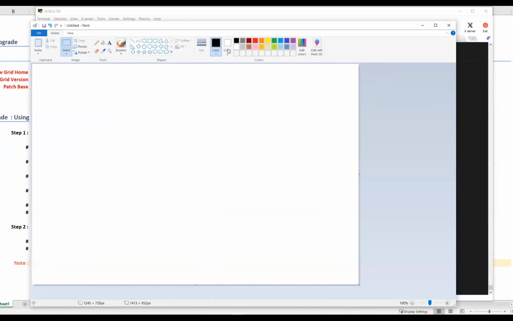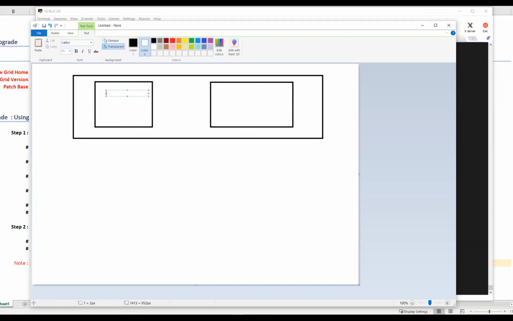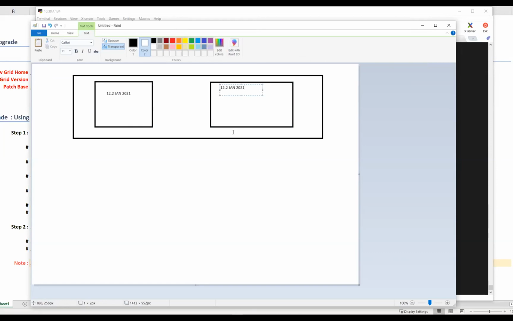So now what you did in your cluster, I'll just explain so that it makes sense. This is your cluster, and currently you have Node 1 and Node 2. Node 1 is your 12C, and I just applied Jan 2021 as I showed you. This is Node 1 and this is Node 2. Both are at Jan, and my cluster patch level is also at Jan 2021.